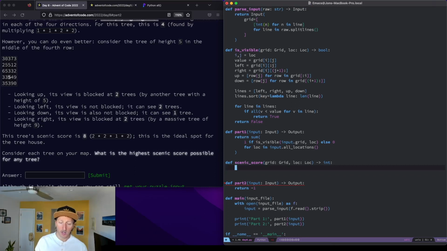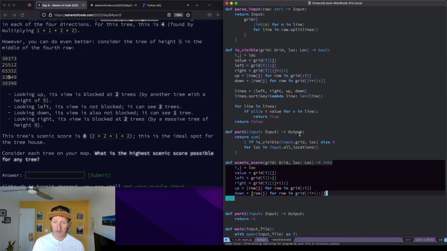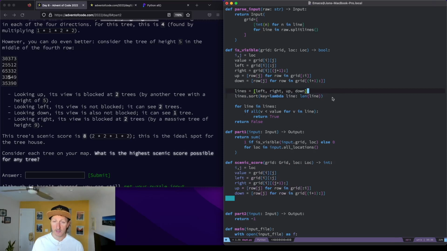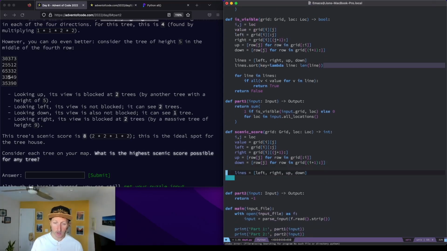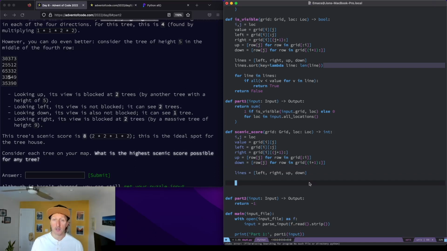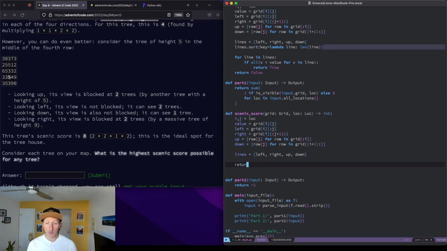So, and we just go left, right. So let's just grab this code from up here and grab the lines here. Maybe we'll copy this into some example code later. We don't need to sort them in this case because we have to consider all of them anyway. So, and then we run a return. So I guess scores equals